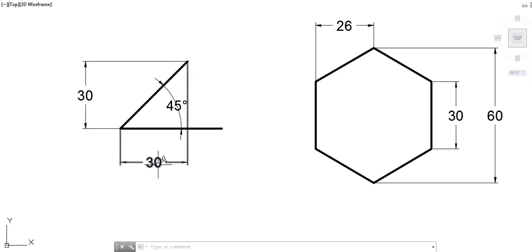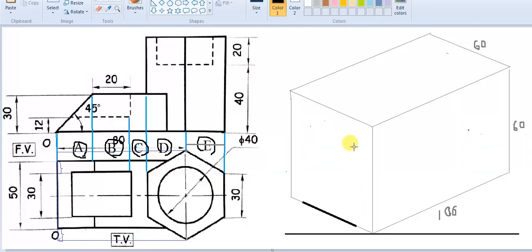So in that case, I will use an approach where I will draw a line equal to 30 millimeter, which will be parallel with this line. You can see I have made the marking, and from that point I'll take a vertical dimension equal to 30 millimeter again.